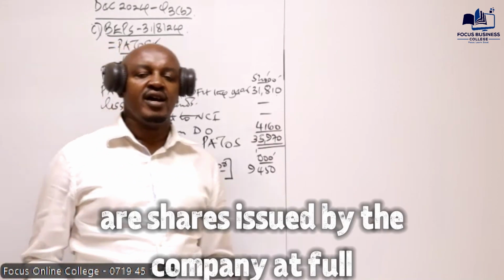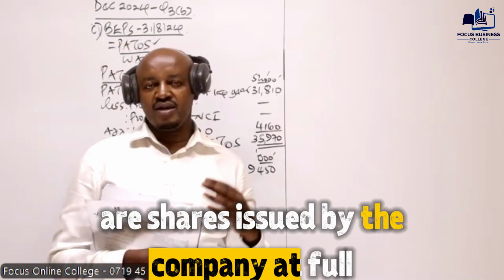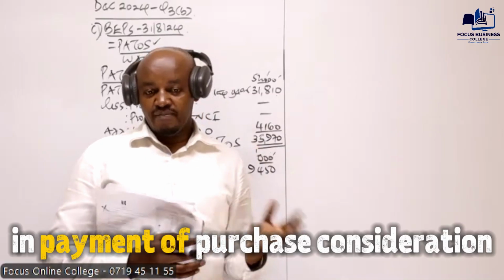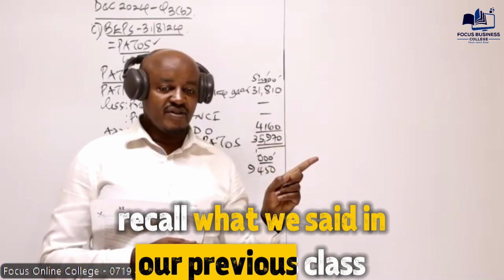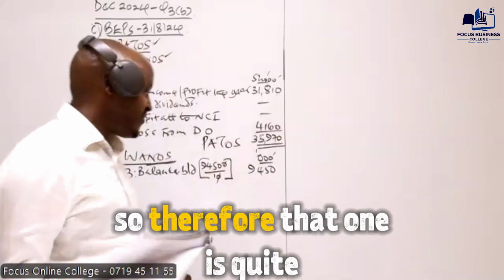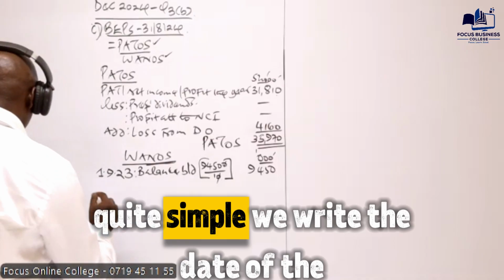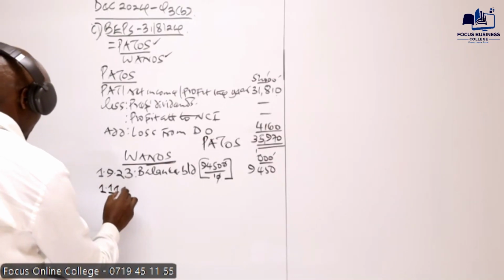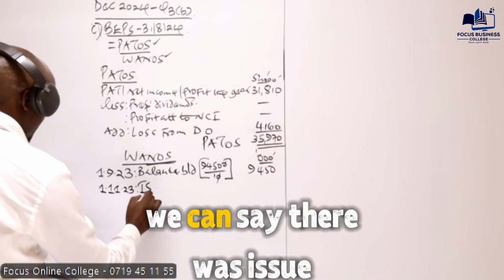So these are shares issued by the company at full market price, or shares which are issued by the company in payment of purchase consideration. Recall what we said in our previous class. Those shares are supposed to be weighted on time basis. So that one is quite simple. We write the date of the transaction here, 1st of November 2023, and basically we can say there was an issue